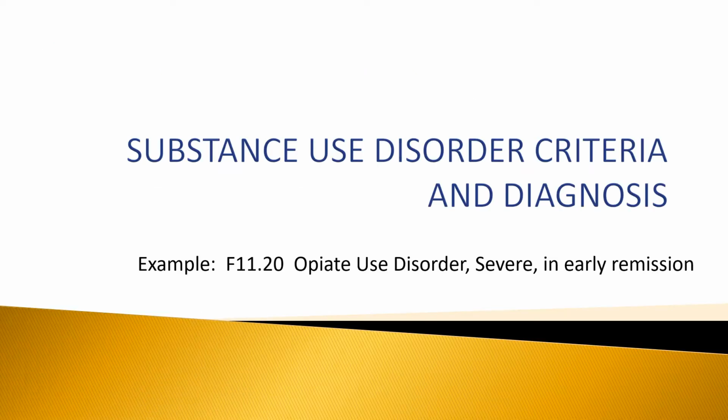Now, substance use disorder criteria and diagnosis. An example is F11.20. Remember, that's the ICD code. Opiate use disorder, severe, in early remission. So the number goes first, then the severity, and you'll learn about that in a minute, and then what's called